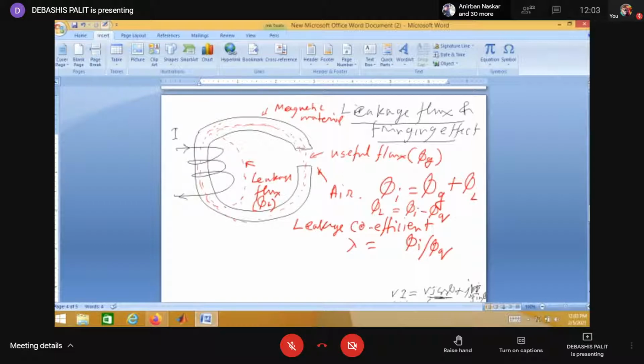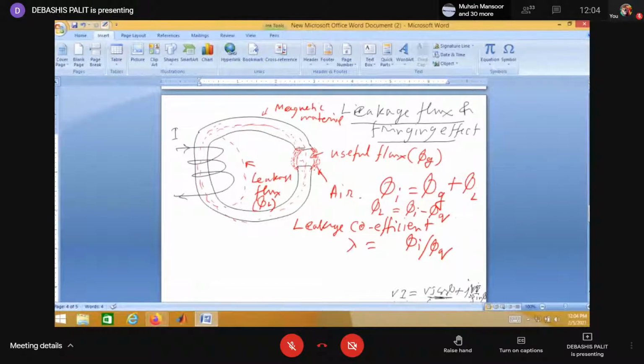But it should be noted, I have already told you, when there is a sharp edge, the flux density at the sharp edge becomes more, because the flux is the same, and at the sharp edge the surface area is less, so flux per unit area is more. So in this portion some amount of flux is coming like this. This is the denser portion. The denser portion becomes at the sharp edge.